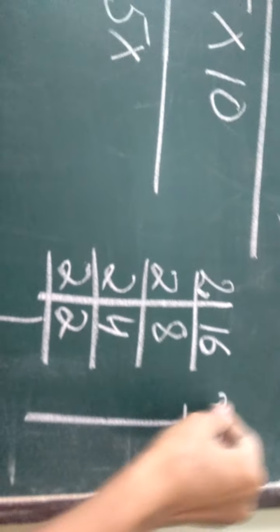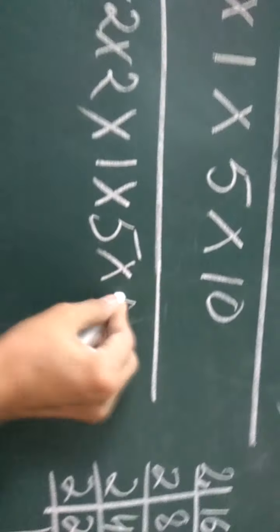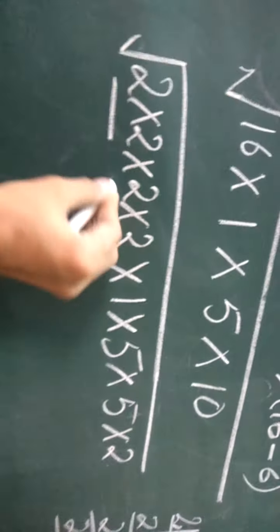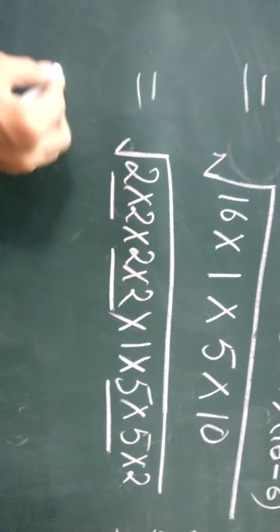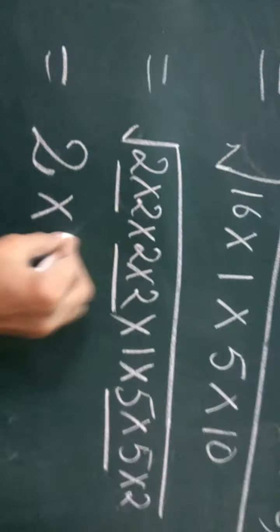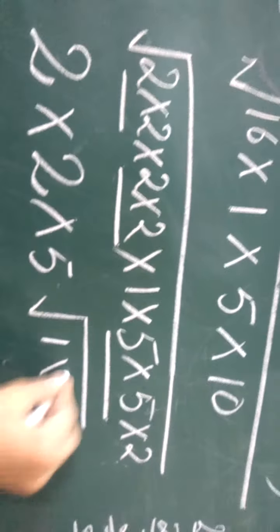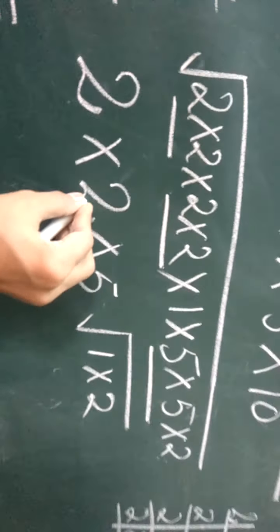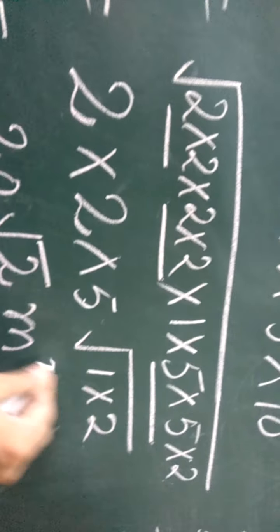Now the factors of 10, you can directly write them, or in this form. 2 5s are 10, 5 1s are 5. So 5 into 2. So dear students, let us make the pairs. First pair, second pair, and now this 2 is left alone. So from each pair, let us take out a number outside. From this pair a 2. From this pair a 5. Now left with 1 into 2. So 2 2s are 4, 4 5s are 20. Root 2 meter square.